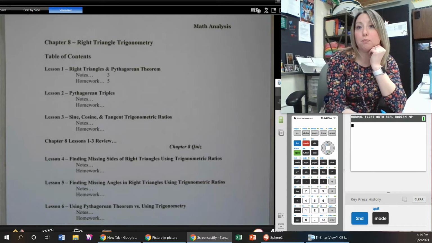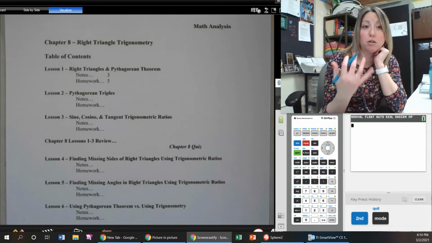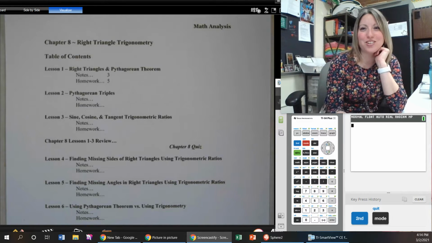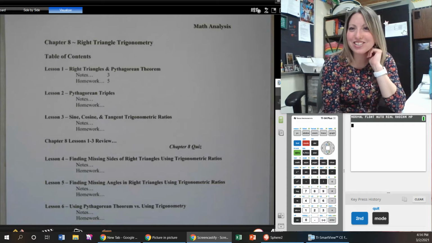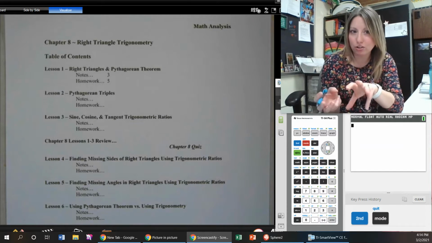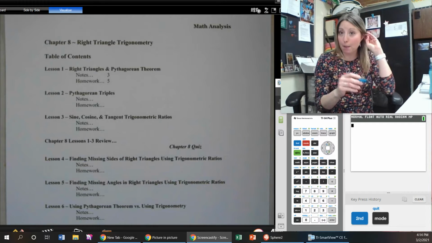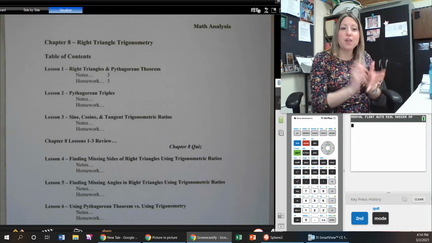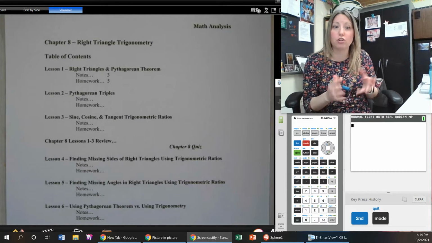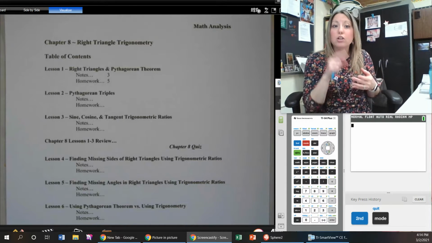We will get into Pythagorean triples and we'll spend a little bit of time there. Then our awesome trigonometric functions, sine, cosine, and tangent. So we'll look at those ratios and how they compare in right triangles. We will stop and review, and then we'll actually apply right triangle trigonometric ratios of sine, cosine, and tangent to